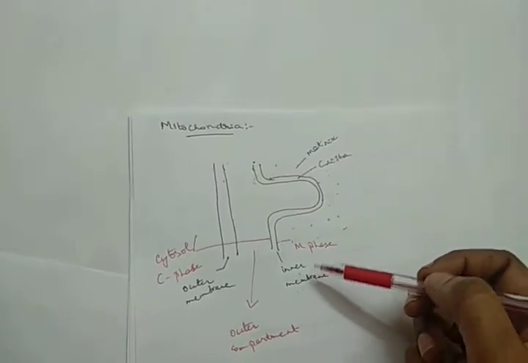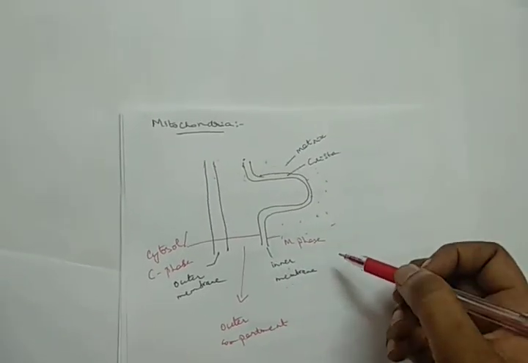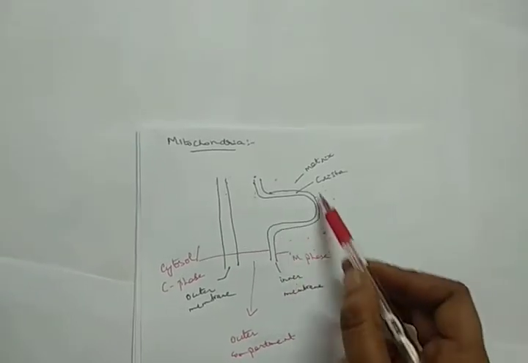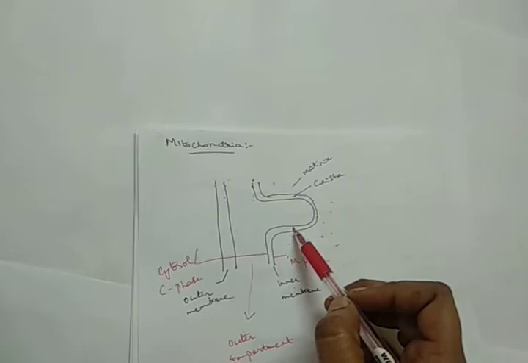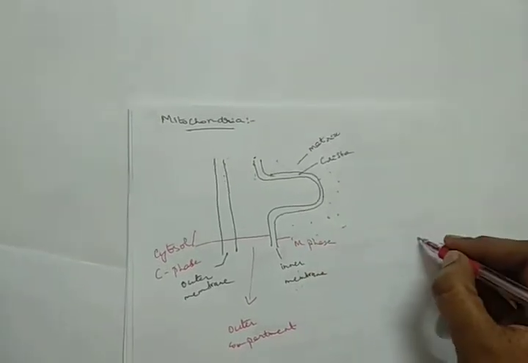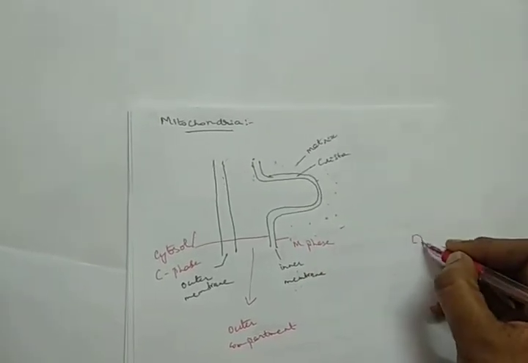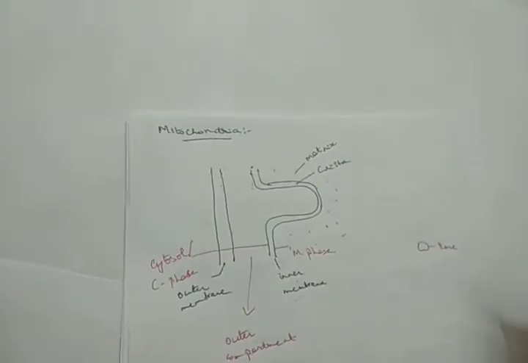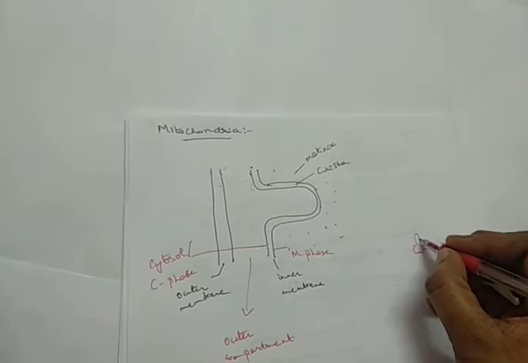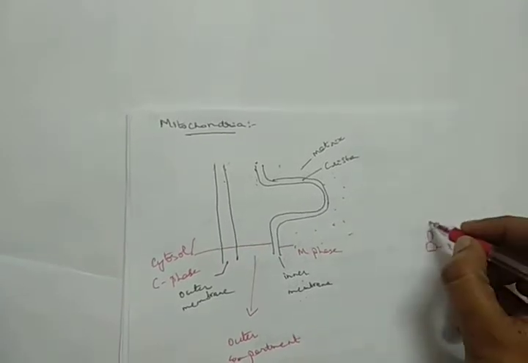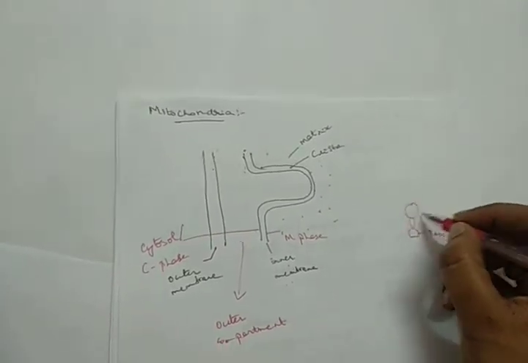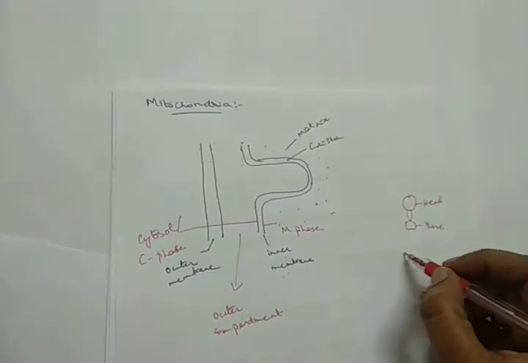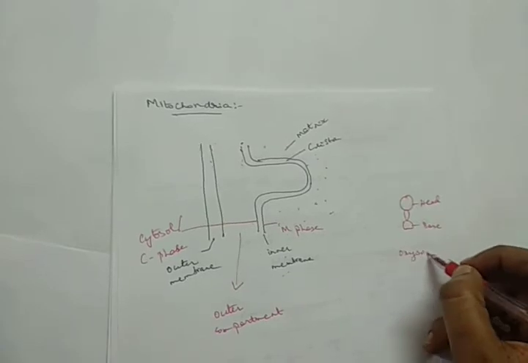Now on the crista, in the previous diagram, when we saw the structure of the mitochondria, we saw the presence of oxysomes. Where are the oxysomes present? They are present on the crista. The oxysomes usually have three parts. One you are going to call the basal part. The other one is a small protein structure, and the larger one is called the head. So this is called an oxysome.